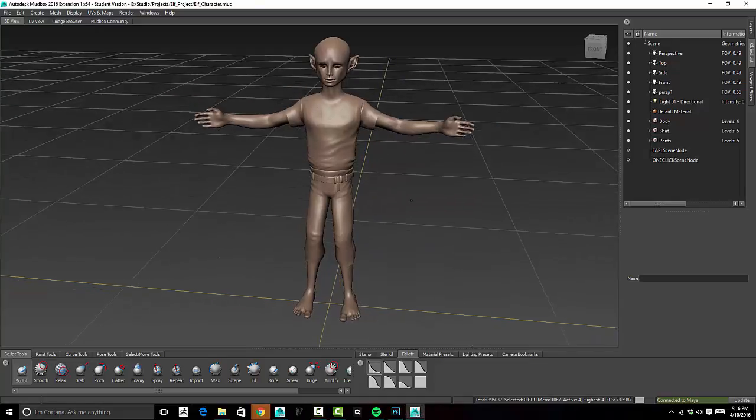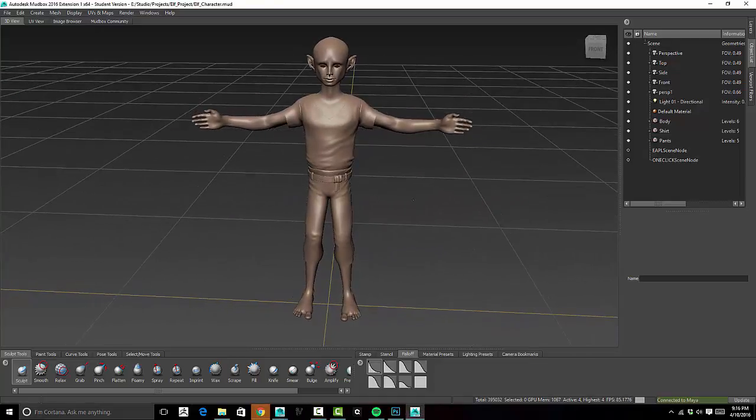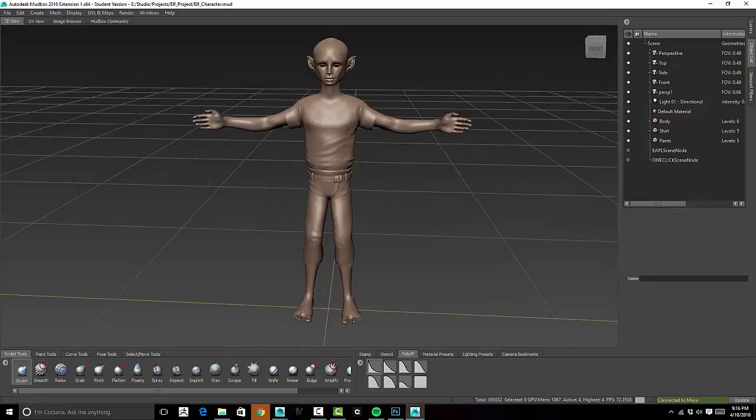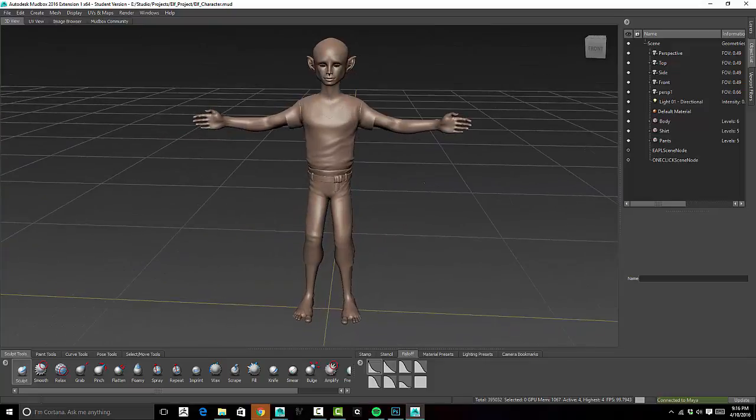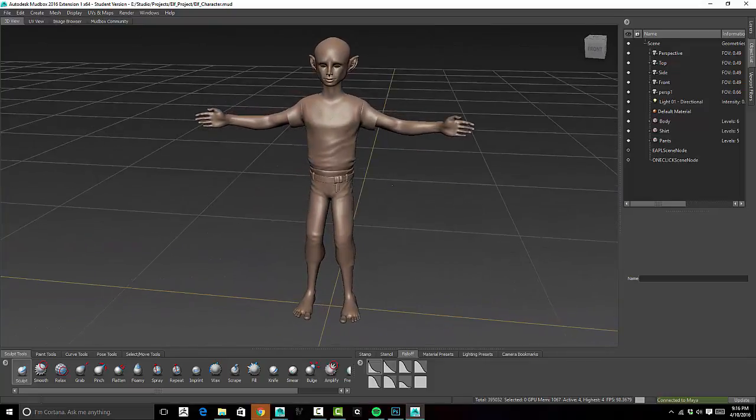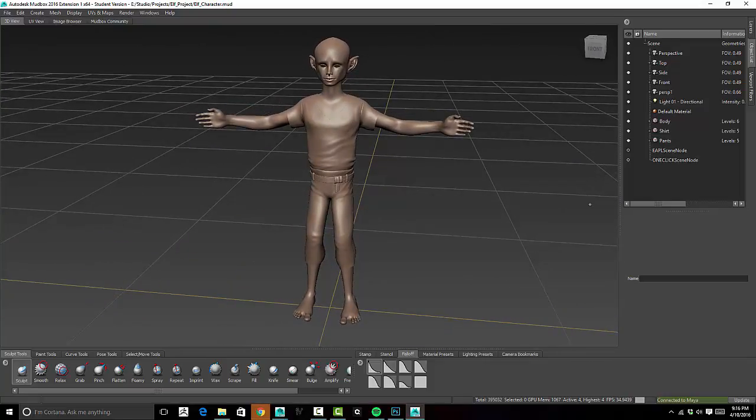Okay, so now let's get into texturing. What I'm going to show you is how to texture skin from scratch. It may look a little weird at first, but I'll explain what's happening. So I'm going to go ahead and just look at the body. I'm going to hide the shirt and the pants,